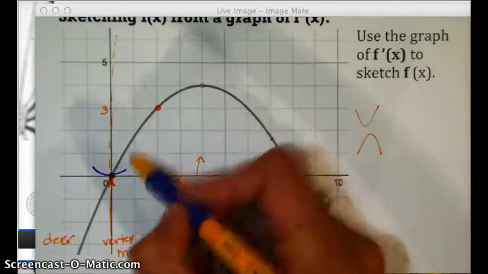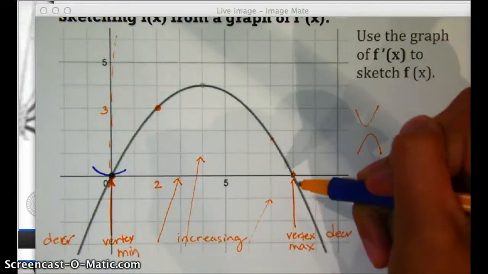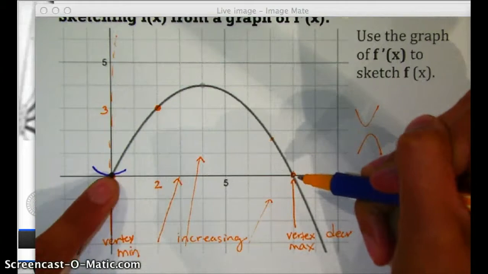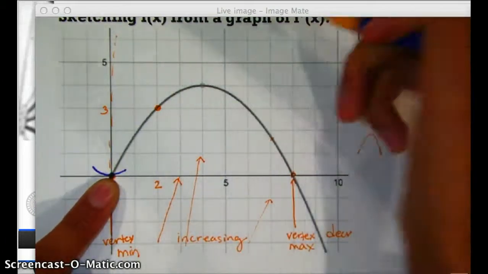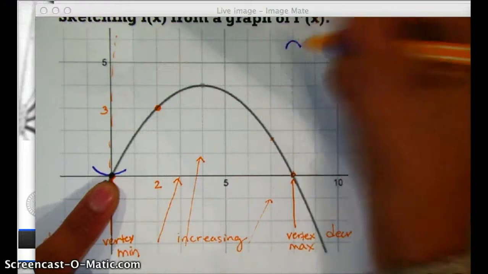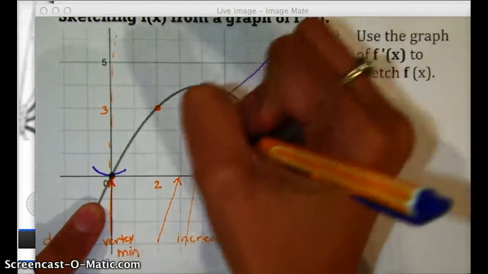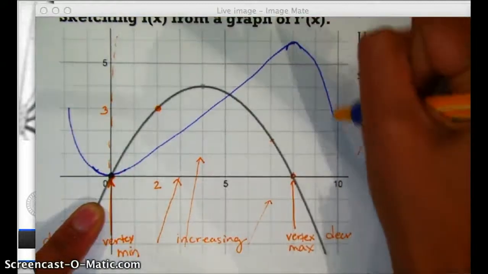And then I know that my graph gets pretty steep and it's going to have a maximum along this point. Now, if it's going to have a maximum over here, the maximum needs to be higher than this point because the graph has to increase all the way through. So I'm going to choose a point to be a maximum up there. And then I'm just going to connect the dots. Something like this. It's not perfect, but that's